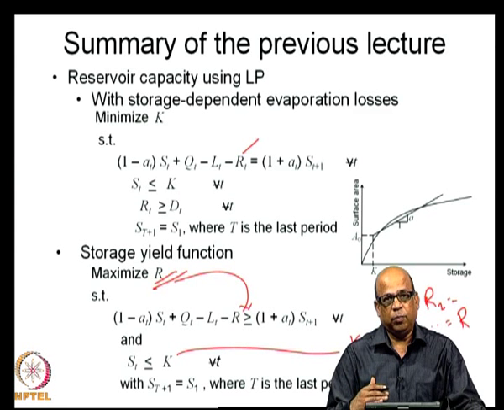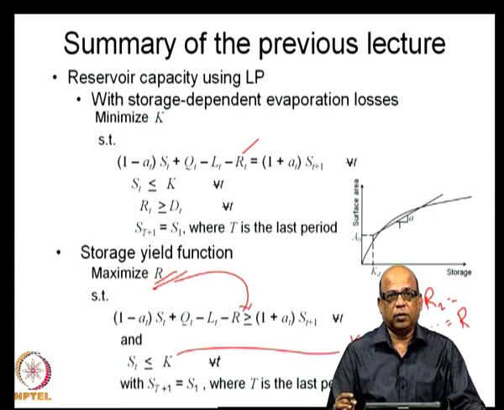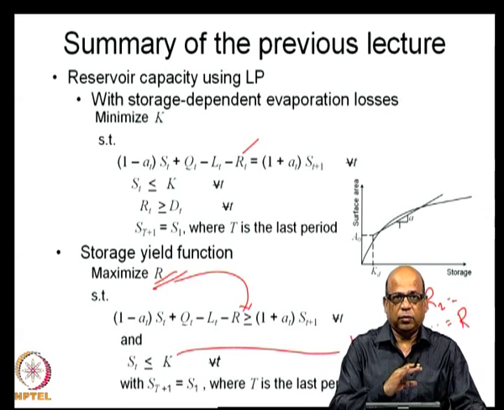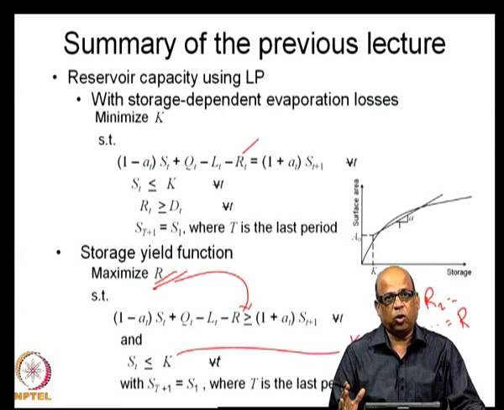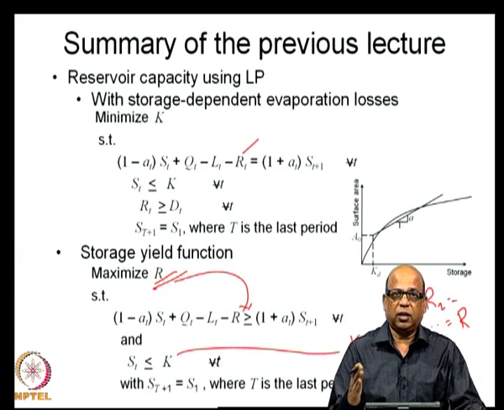Obviously, you cannot keep on increasing the yield if you keep on increasing the reservoir storage. What will be the limiting factor there? The limiting factor will be the supply itself. So, the inflow becomes the limiting factor, and this we call inflow limitation. That is, the yield will be limited by the flows. On the other hand, the yield can also be limited by the storage.